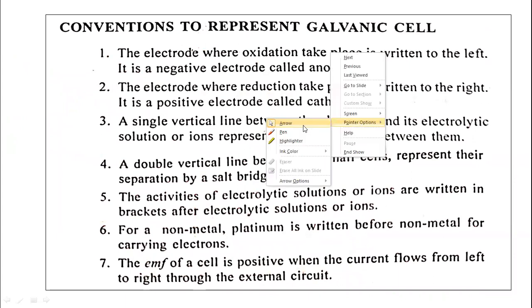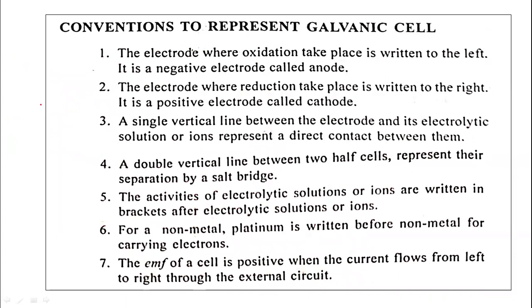Once again, I would like to represent the Daniell cell. So the Daniell cell can be represented now. You can see here the Daniell cell. The zinc electrode is in contact with zinc sulfate aqueous solution. Then copper is in contact with copper sulfate aqueous solution. So zinc has negative polarity and copper has positive polarity.